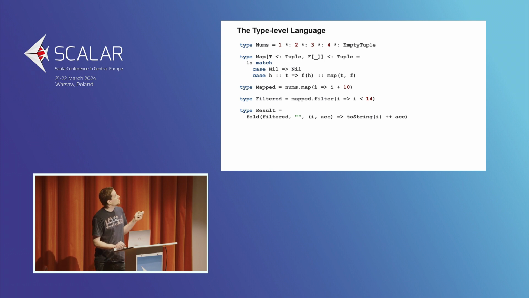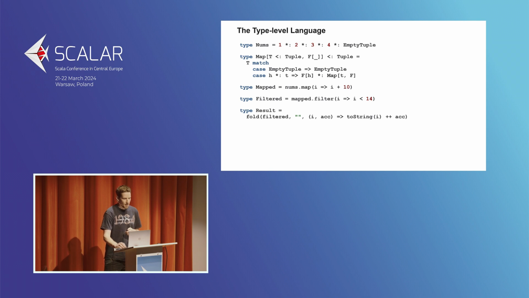Now the arguments to functions become type arguments to the type constructors that we're using here. And so instead of a list, we're taking a tuple, and instead of the function, we're taking the type constructor. So in a sense, a type constructor is a function from types to types. Next, because match types let us do recursion over types, this recursive call becomes pretty much the same thing. So pattern match on the tuple. If you have an empty one, we'll produce an empty, and if you have a head and a tail, we'll do the recursive call and apply the function f over